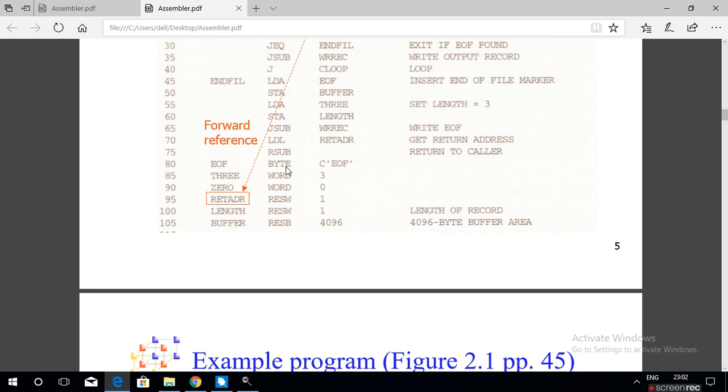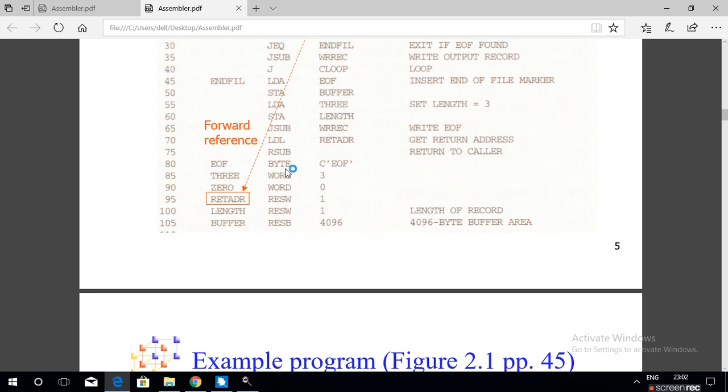So this instruction can also be used to assign the character data to the allocated area. This instruction can also be used to provide a symbolic name for the constant EOF, right? So here, see this statement: EOF BYTE C'EOF'.